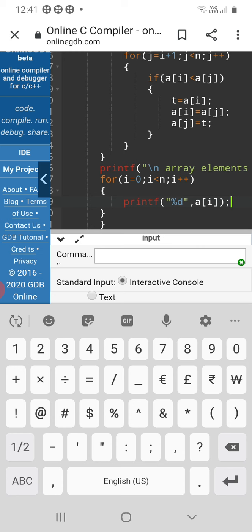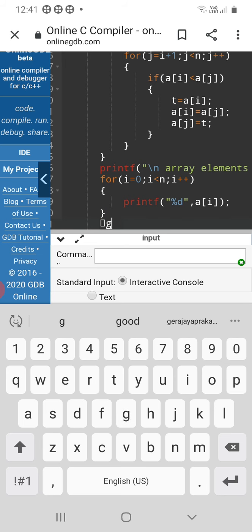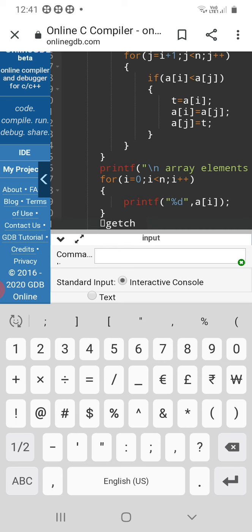Yeah, this is the end of the printf statement. And getch. Lastly, getch is nothing but getchar. These are generally used for strings.